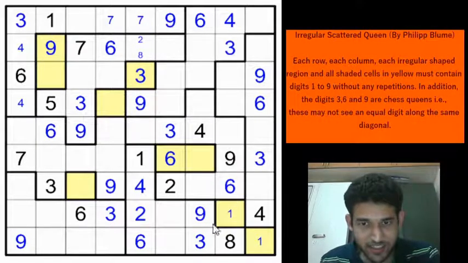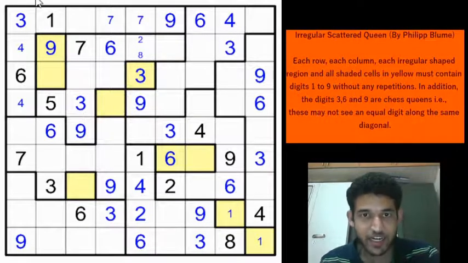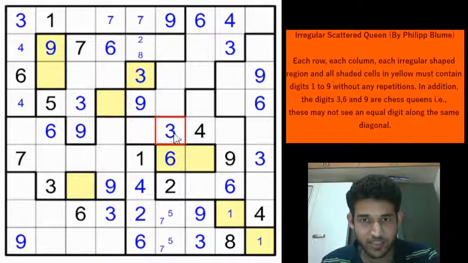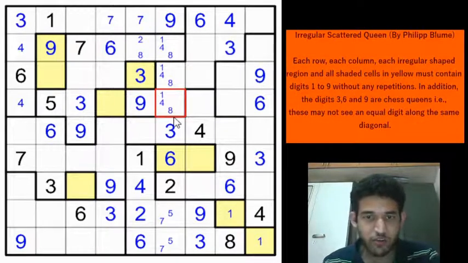So let us look at this region. We have placed 7 digits, right? 1, 2, 4, 6, 3, 8, 9 have been placed. Remaining digits are 5 and 7. We can pencil mark them. And that gives some more leeway on column 6 now, because 2, 3, 6, 9, 5 and 7 have been placed. Remaining digits are 1, 4 and 8. So we can pencil mark them. So these 3 cells will be 1, 4 or 8.